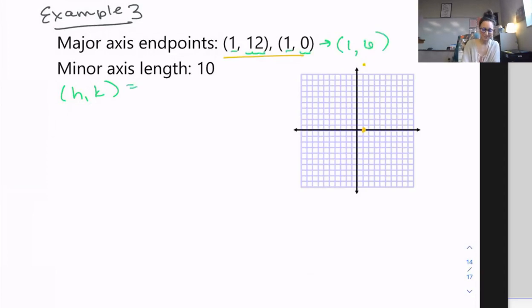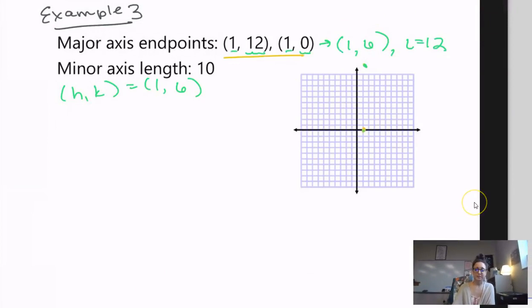So my center should be 1, 6. Now take a look at the length of your major axis. We have gone from y equals 0 to y equals 12, right? So the major axis has a length of 12. So I'm going to put L equals 12 there. Let me move myself so you can see that. Okay, so if the length is 12, that means that from the center, I've gone plus 6 and minus 6,